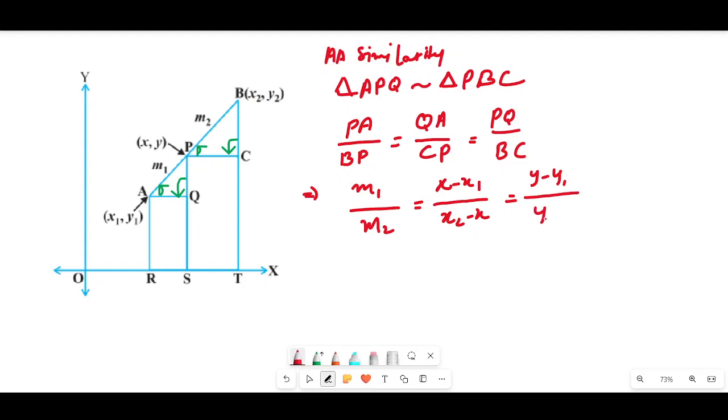Then we can write Y2 minus Y1. Clear? Now find out the value of X. Then we can find out the X of P, and with the help of these two we can find out the value of Y. Now after solving we will get